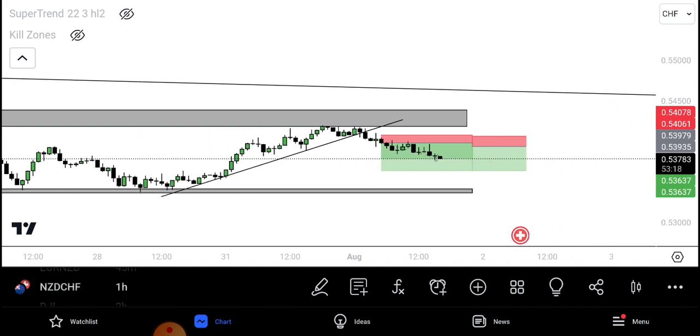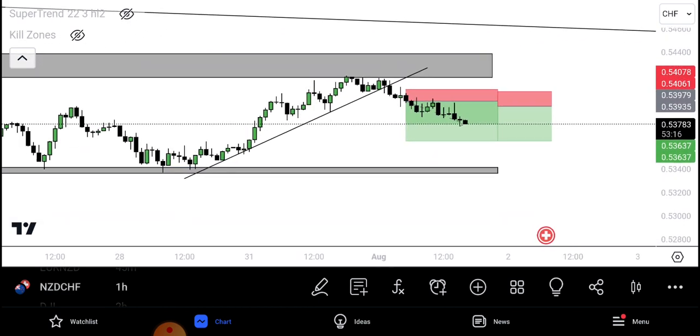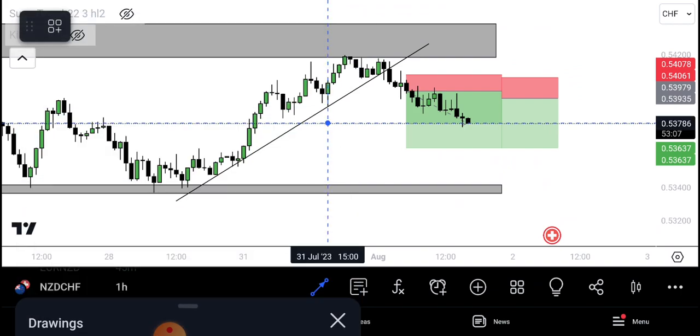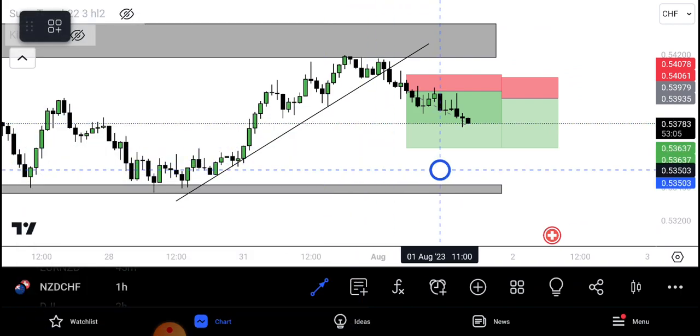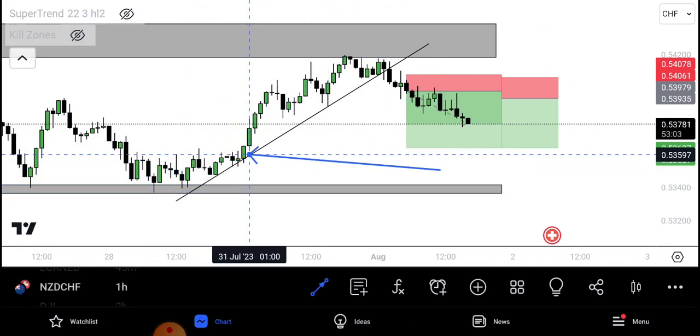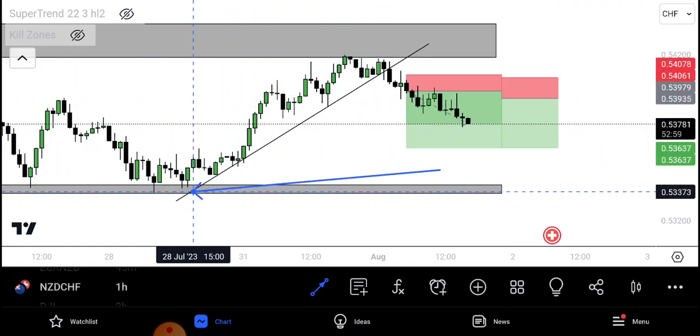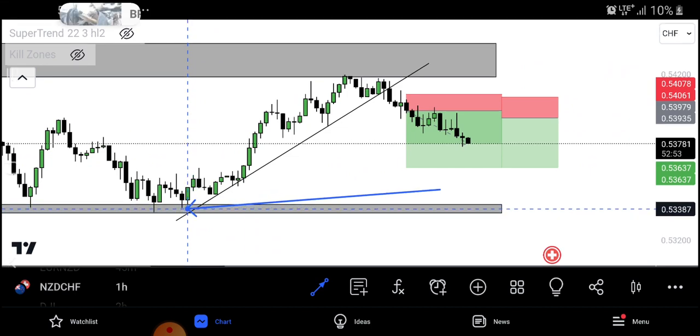And we all know what liquidity is, right? There are 3 types of liquidity in the market. There is the equal high liquidity, there is the equal low liquidity, and there is the trend line liquidity. And the liquidity that I noticed right here is this trend line liquidity. So liquidity is gotten from areas where a lot of sell orders or a lot of buy orders are being induced. So on this trend line,